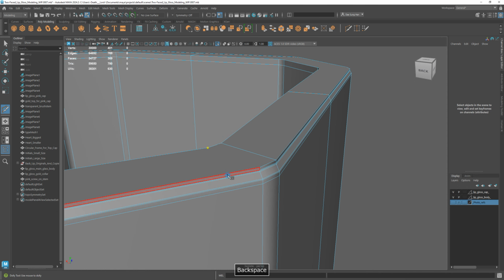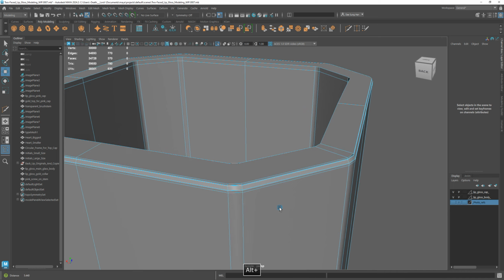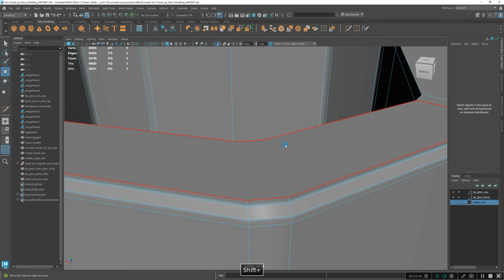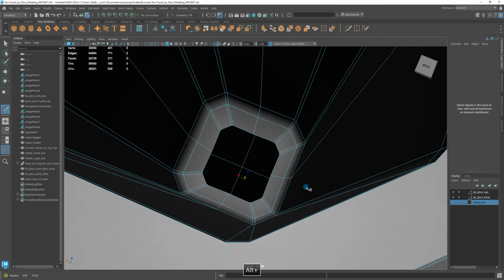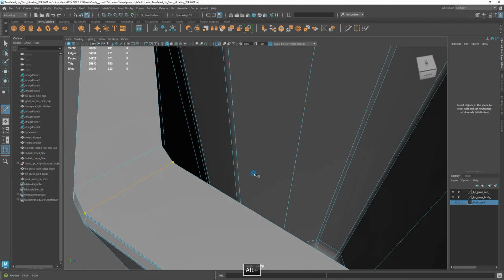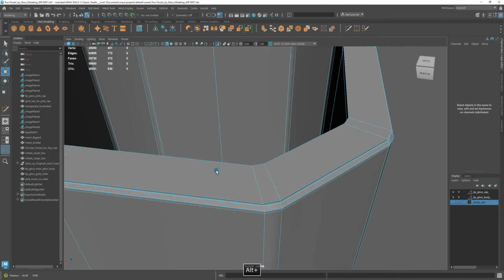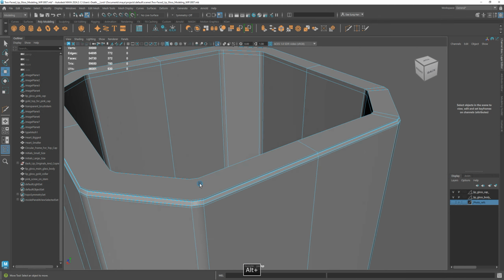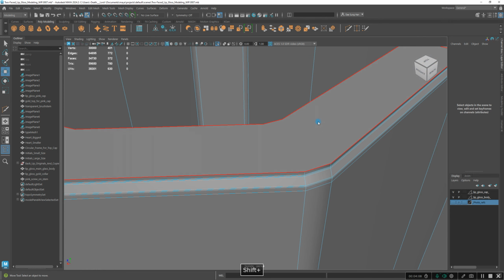Click and drag. God damn it. So zoom in, shift right click, multi-cut, click, drag, click, drag, press G, click and drag, click. Click and drag, press W, good. So this is necessary. Then you'll see why. Click, drag,